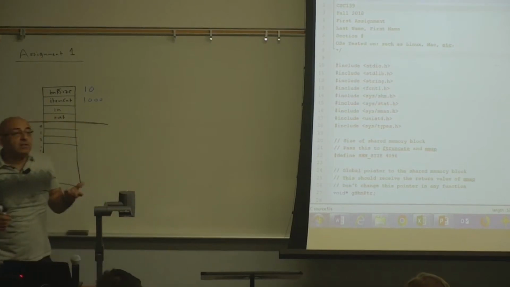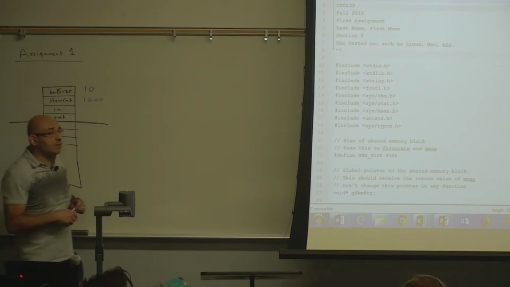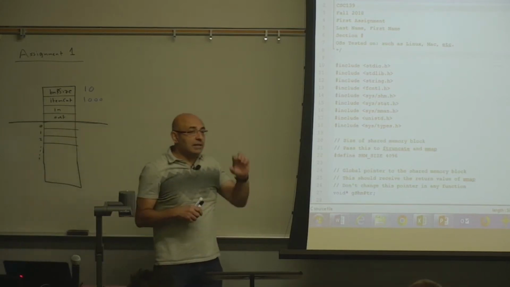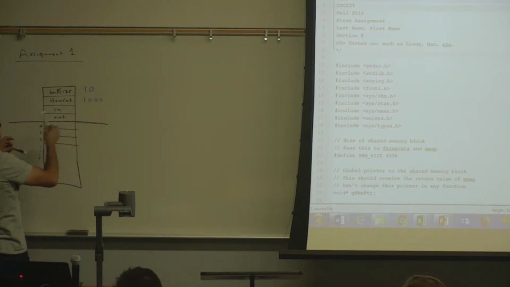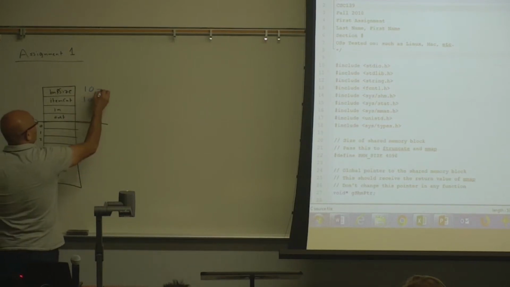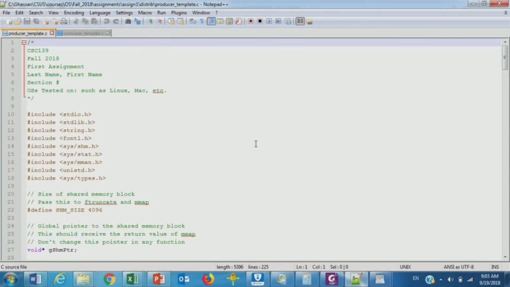In the scheme that we described last time, remember the examples that we went through last time? That scheme will fill, in fact, n minus 1. So if the buffer size is 10, we will only use 9 of them. So when the buffer has 9 items, it's considered full.